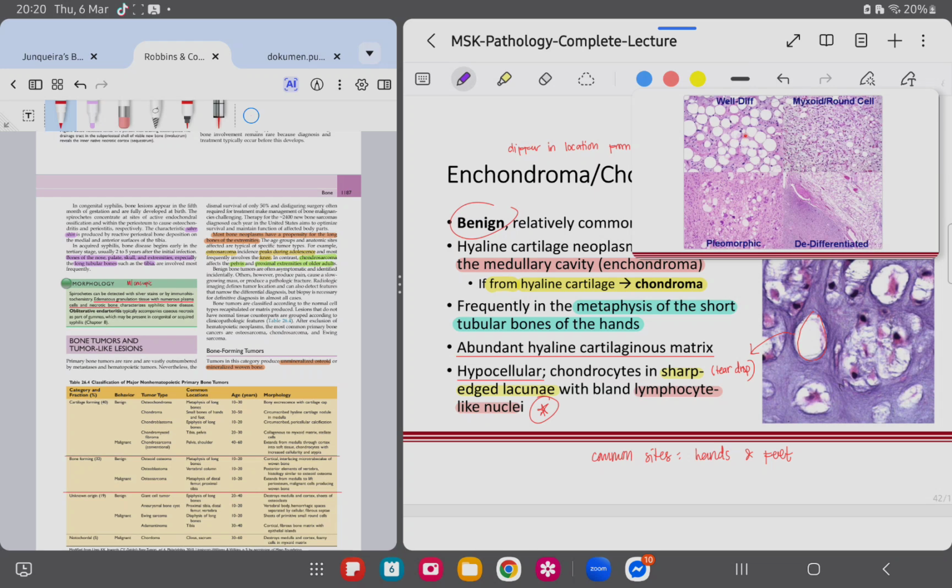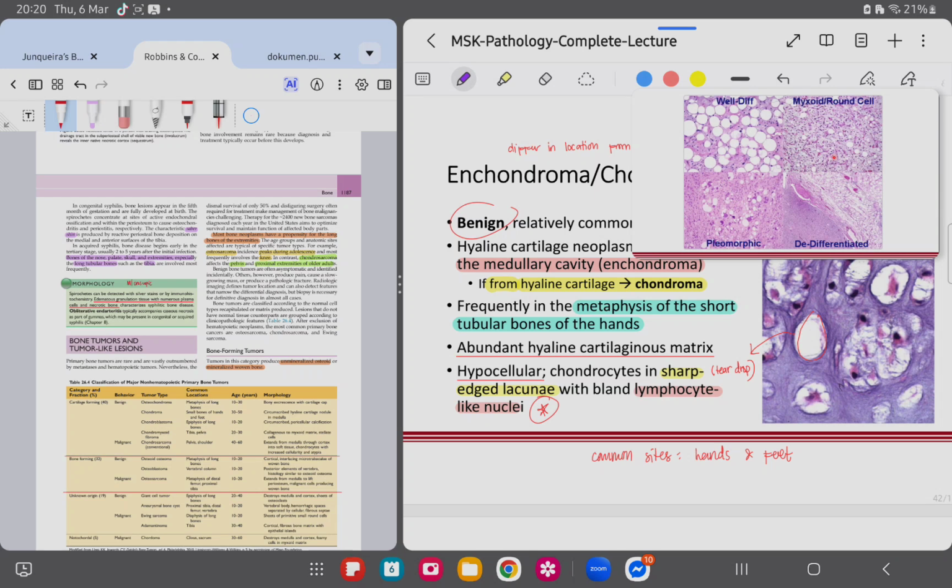Sometimes you can still see the fat, but what characterizes this lesion will be this myxoid background, reminiscent of your chondrosarcoma. Another thing that should characterize your myxoid or round cell liposarcoma will be the fine vascular network that is interspersed in the lesion. You can have pleomorphic liposarcoma, you can still see the adipocytes, but what should strike you in this lesion will be these atypical nuclei, and then your dedifferentiated liposarcoma.